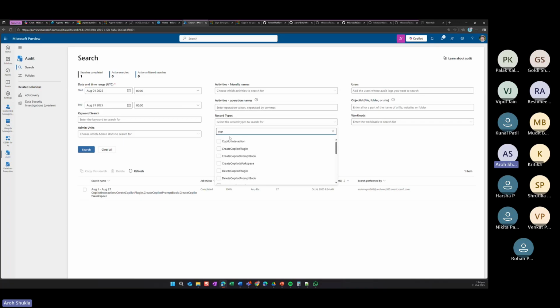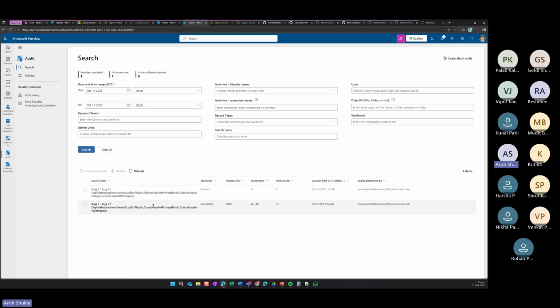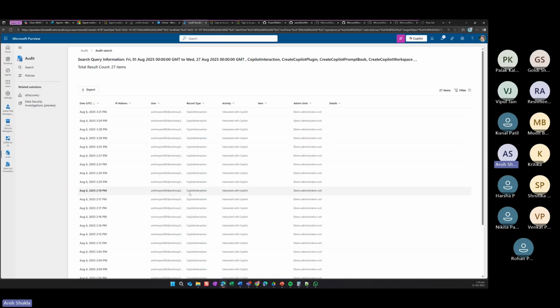So I can just click on this, right? I can click on any kind of plugin that was used, or if a hacker or scammer deleted my plugin. These are the things I can do, and I just click on search. It takes at least 10 to 15 minutes, but I'm giving you one of the examples which I did yesterday. Completed, right? I click on this. Now, just assume, because it's a demo tenant, we don't have any hacker, because it's a very simple use case here.